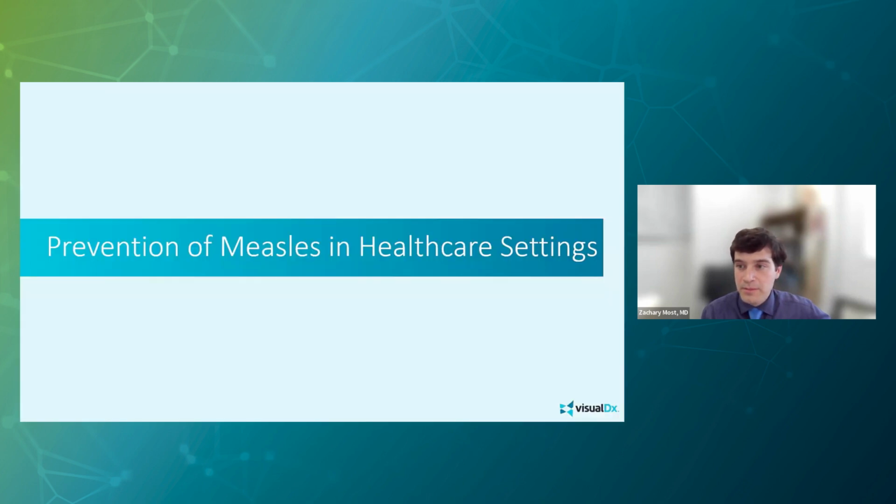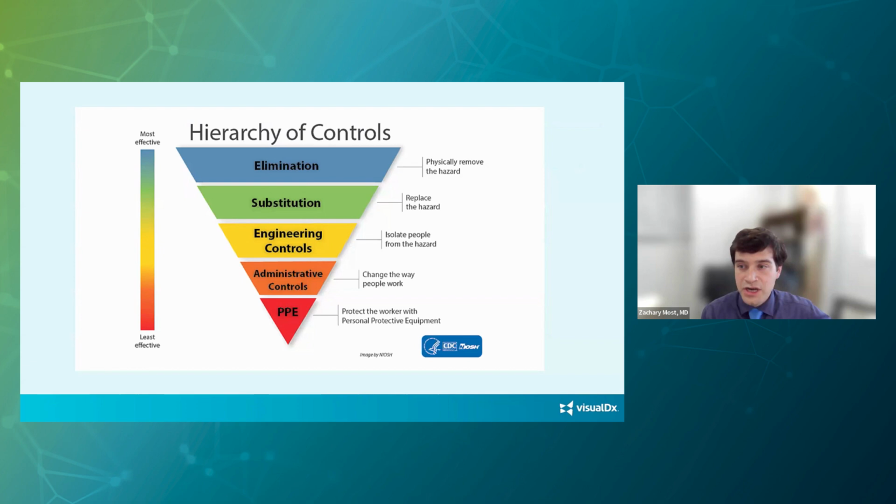So now that we may be seeing patients with measles more routinely, or at least at an increased rate compared to the past, it's important to understand, given the very contagious nature of this disease, how do we protect healthcare personnel and other people in healthcare settings? The CDC and NIOSH more globally refer to what they call the hierarchy of controls, where the order in which they're showing these different steps is intended. It's showing the most effective measures at the top and the least effective measures at the bottom, right?